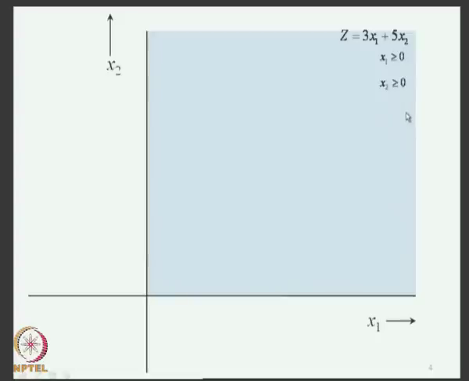Then we look at each of the constraints. Let us say that we look at x1 ≤ 4. So, this is the constraint that we are looking at. The binding value for this will be x1 = 4. We have x1 ≥ 0 and x1 ≤ 4. So, we draw a line x1 = 4, which in fact shows the bound for this constraint. So, you cannot have a value x1 greater than 4. So, you cannot be looking at this region as far as this constraint is concerned.